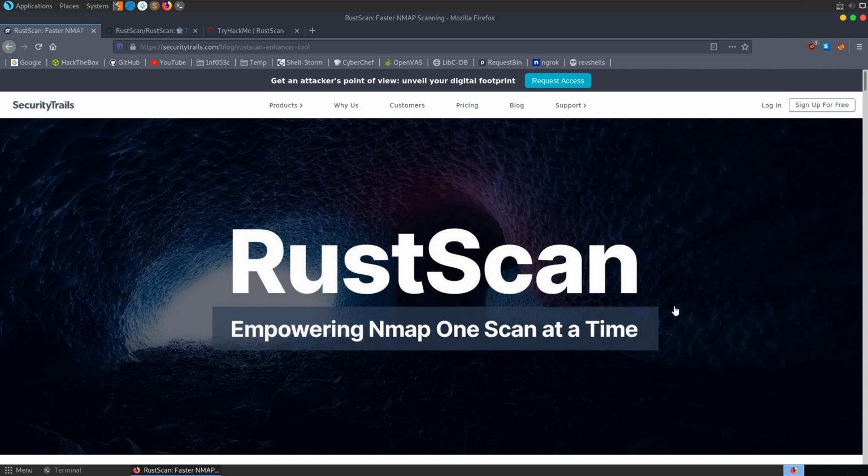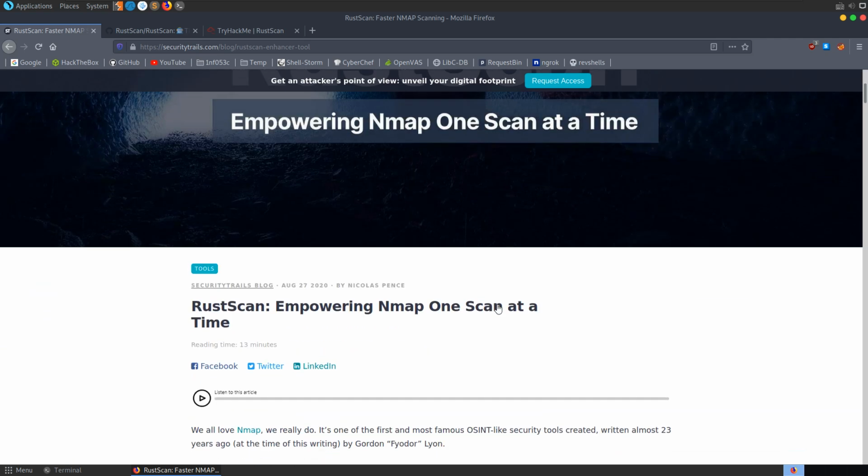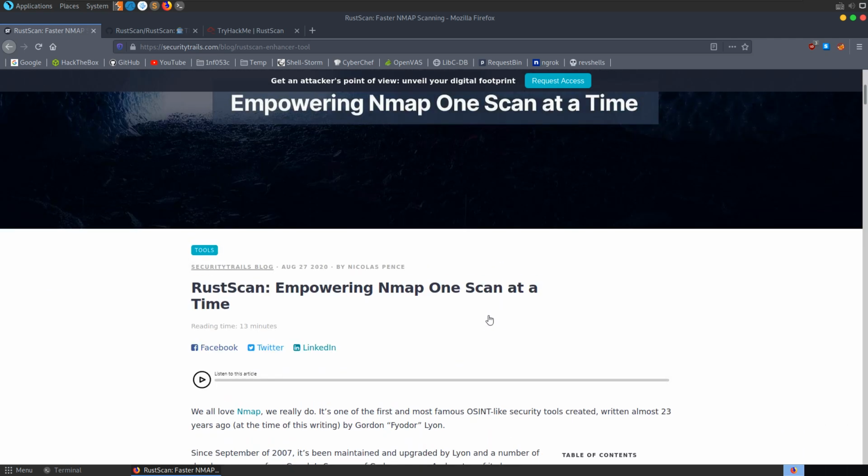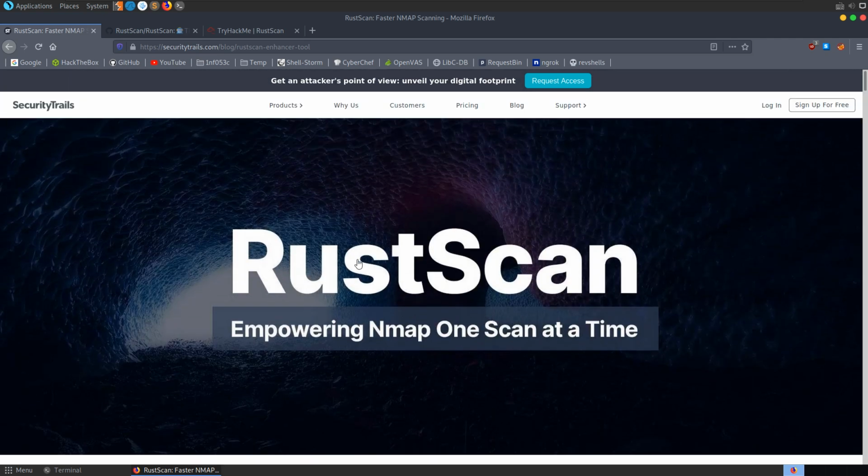In this video we're going to take a look at RustScan, which is advertised as an enhancement for NMap. I did a video on NMap a couple of months ago which was quite detailed, so I'm going to try to repeat as little as possible, but at the end of that video I did mention RustScan briefly, and I just wanted to come back and do a video now that I've had a chance to take a look at